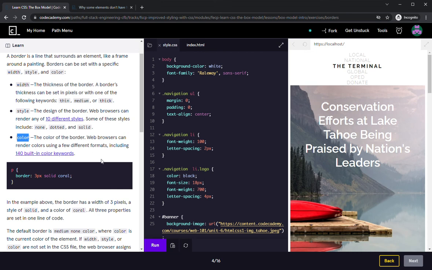Oh, great. My computer's about to charge even though it's plugged in. Okay, so I have to quickly, let me just shake my charger. Okay, now it's charging. Go fund me. Anyways, so when we change the color of the border, web browsers can render